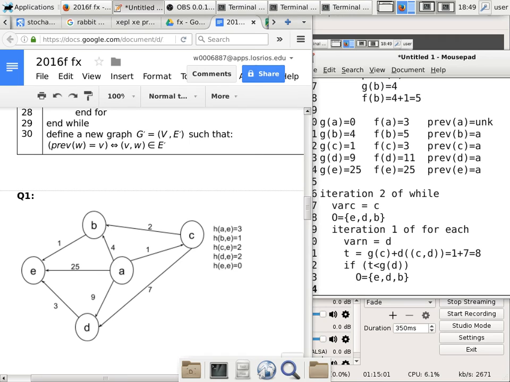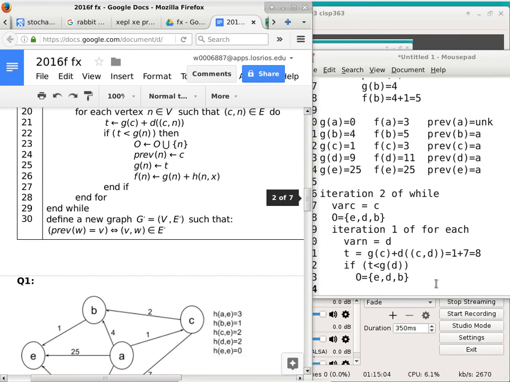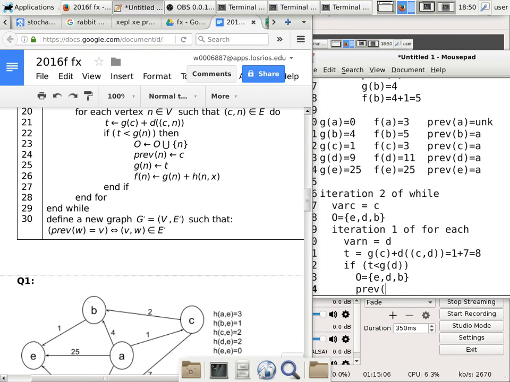The second thing we have to do, according to the algorithm, is to update the previous. So we say the previous of D is no longer what it used to be. It used to be A. No, that's not the shortest path anymore. The shorter path is going through C. Okay? So this is important because we are actually looking at the algorithm working to correct itself. It made the wrong decision and thought that the shortest path is going through that first. Nope, we just found a shorter path. We are now correcting it.